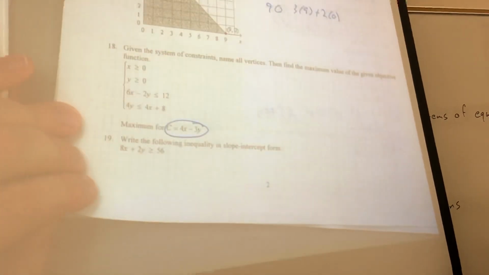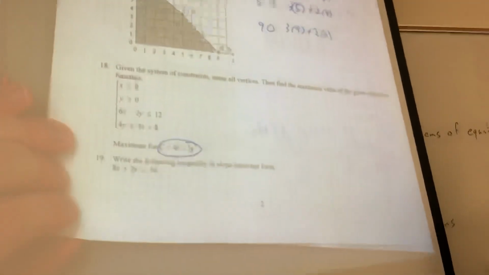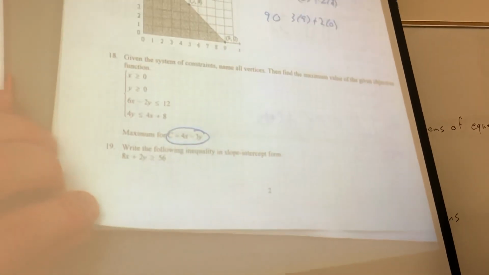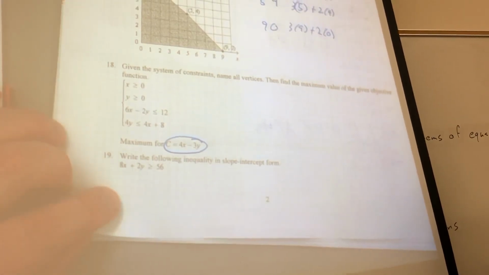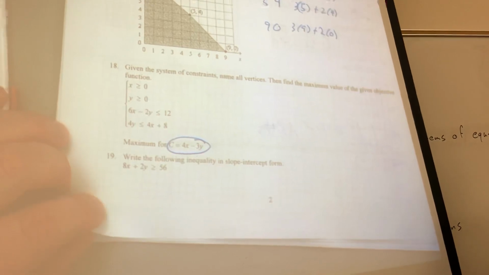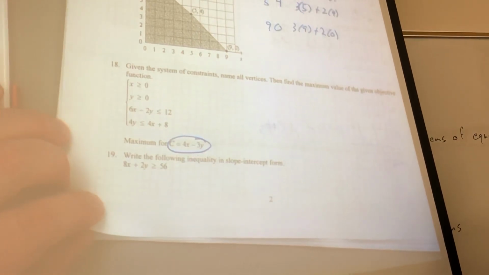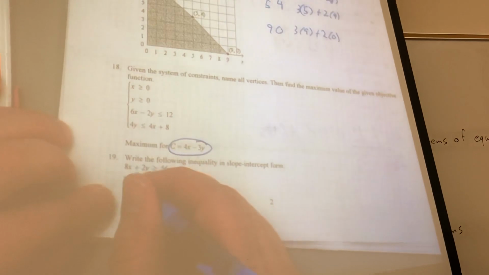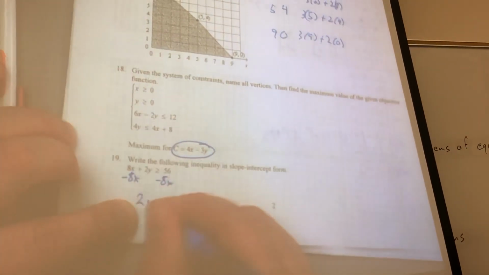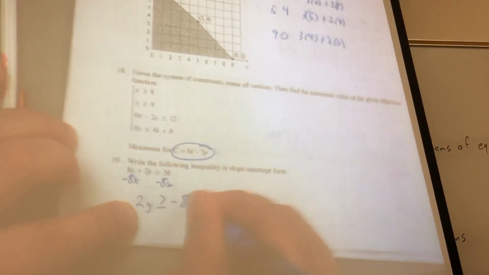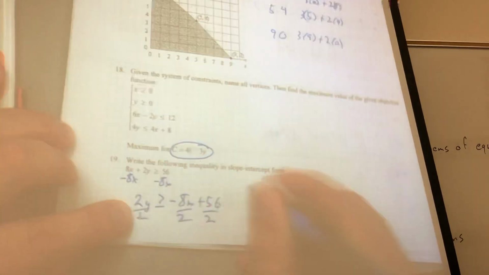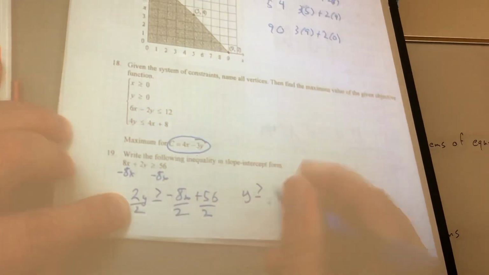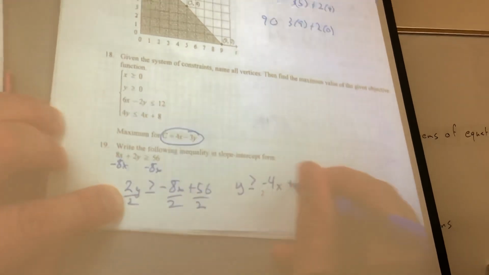The following inequality in slope-intercept form. Ours is a multiple choice test, and you have a graphing calculator. If I did put this one on, which I can't remember if I did, you don't actually have to solve for y. You could just graph both of them and see which ones come up with exactly the same graph. However, if you're doing this one, subtract 8x, that's 2y is greater than or equal to negative 8x plus 56, divide by 2, divide by 2, divide by 2. That's y is greater than or equal to negative 4x plus